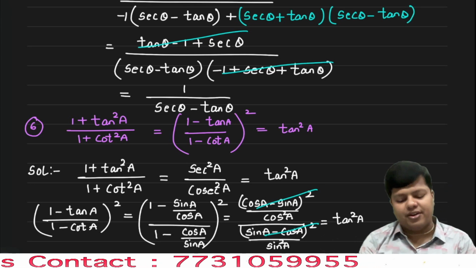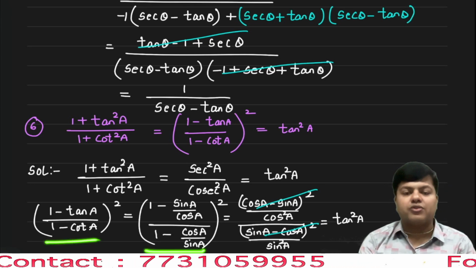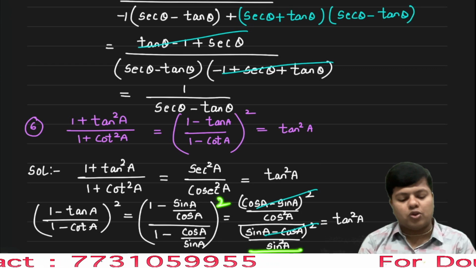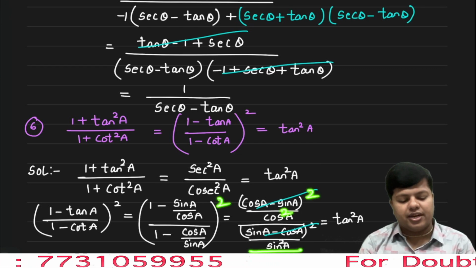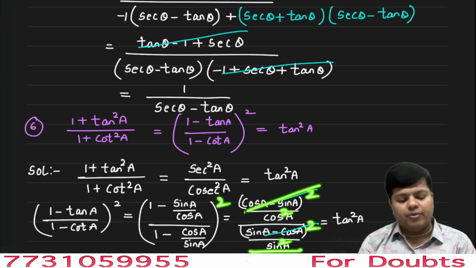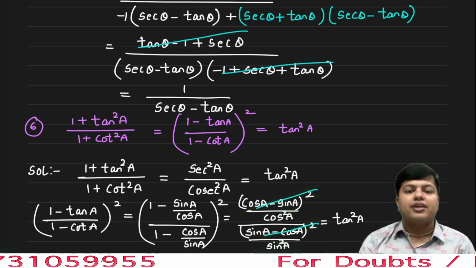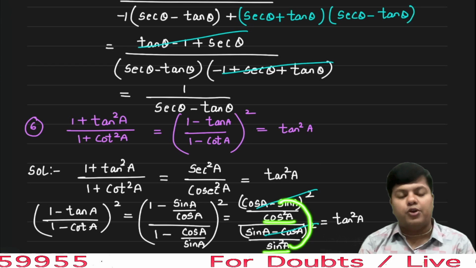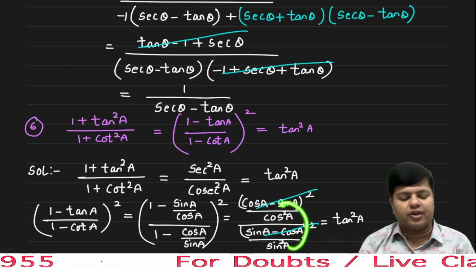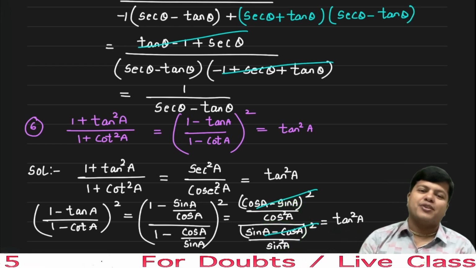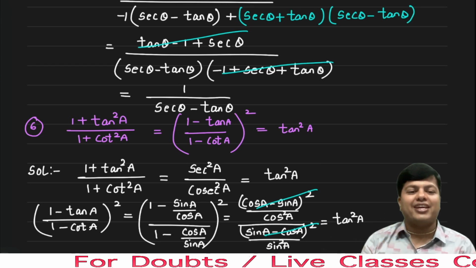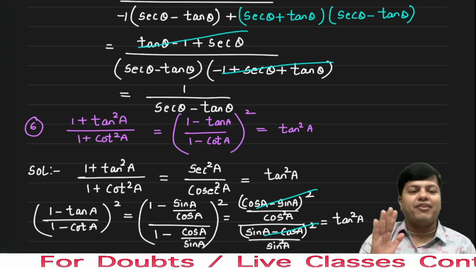So how many steps did we do? This was the question. We converted into sin and cos, and we took LCM, and there was a square, we squared all four separately, here and second and everywhere. Numerator got cancelled, and now 1 by cos square A by 1 by sin square A. This sin square A will go in the numerator, so sin square A by cos square A you will get tan square A. So these 6 sums are from the NCERT textbook, including examples we are solving, and I have divided them into